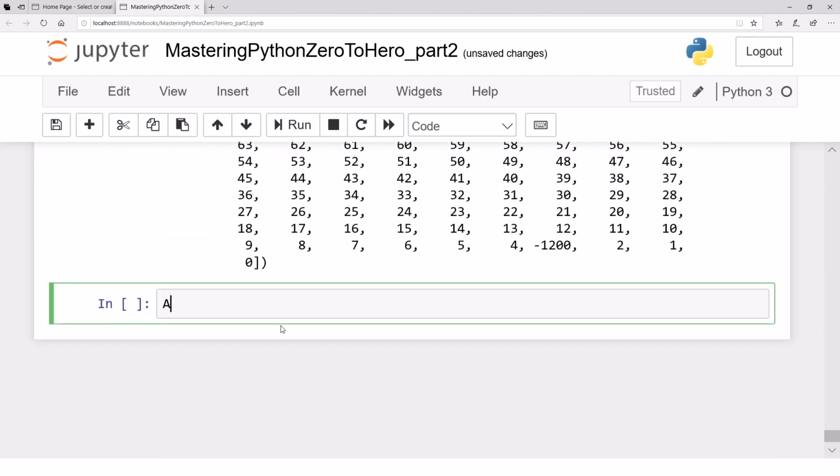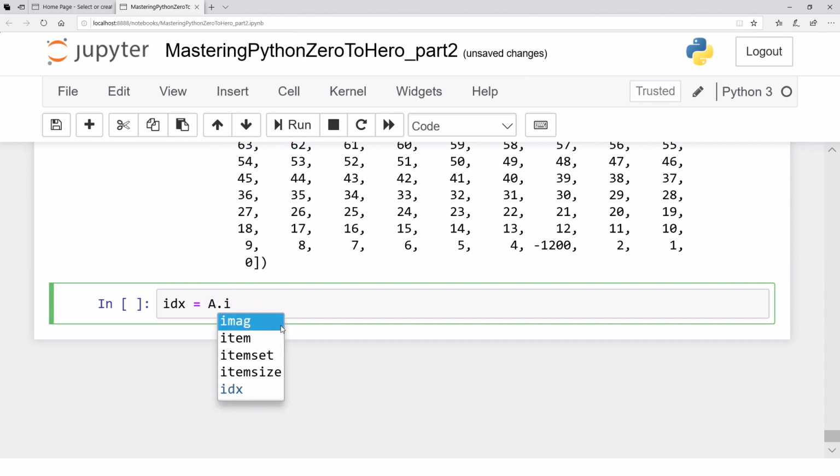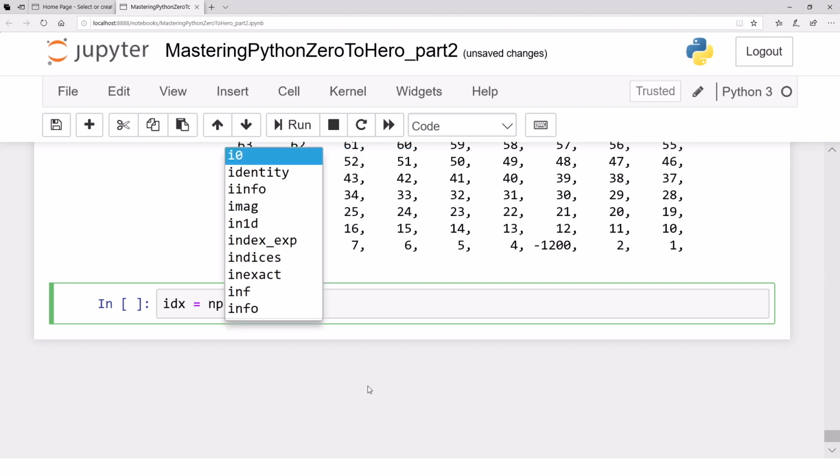So I want to find out the index where this -1200 is located. So idx is equal to a dot index. I guess there is a function index. Yes and no. Oh, there is no index there. Is there an np dot index? I want to find out the index where